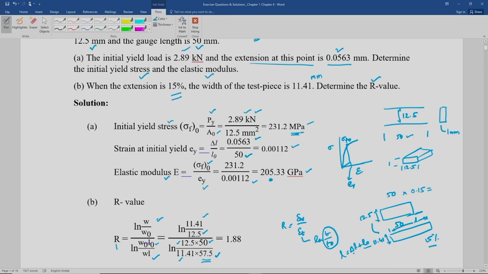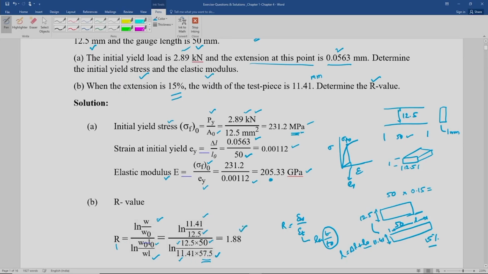Okay, this delta L is what you will get from this 15%. So you need to get for what new length you will get 15% strain. That is the meaning. So, for what new length of this 50 you will get 15% strain, that will be 57.5. You can calculate it and check it, and if you substitute all these things and properly calculate, you will